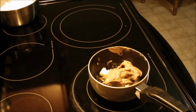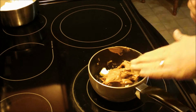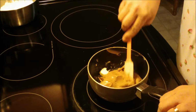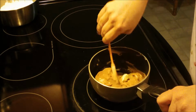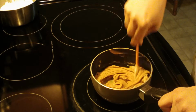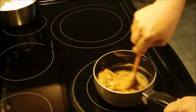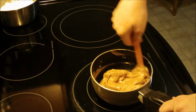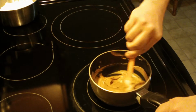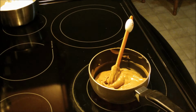Okay, over low heat, I just cut the butter into little pieces and put it in this little saucepan. And I put my peanut butter in, and you want to do it on low heat, and you're going to melt this completely. And when we get to that stage, we're going to incorporate our sifted powdered sugar. So when we get to that stage, I will show you what to do next. In the meantime,